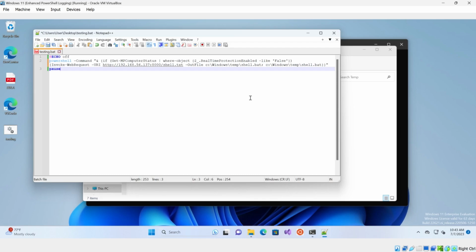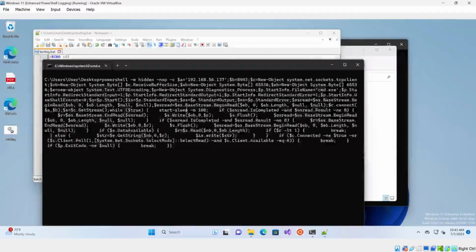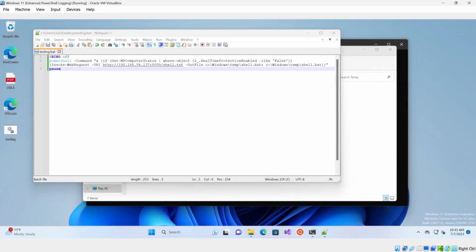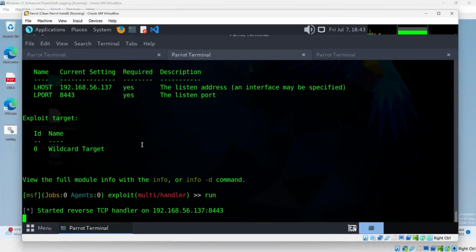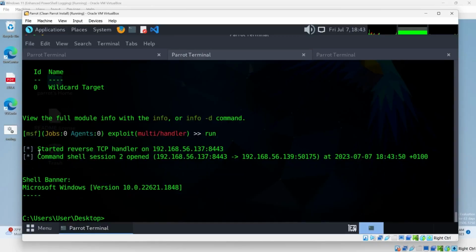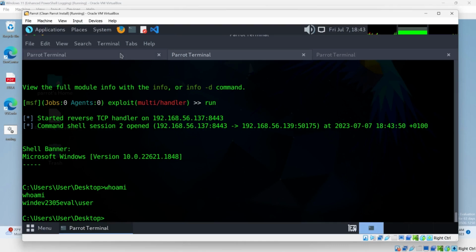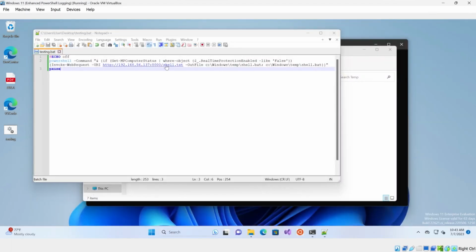And this is a very simplistic example of an attacker obfuscating their activity. So the key point here is they're grabbing data in one way and then saving it and executing it in another way. So let's save this and let's execute this again. Now let's go back to our handler and we can see another session opened and we still have command line activity. But the key point here is the only interaction that happened over the network is via text